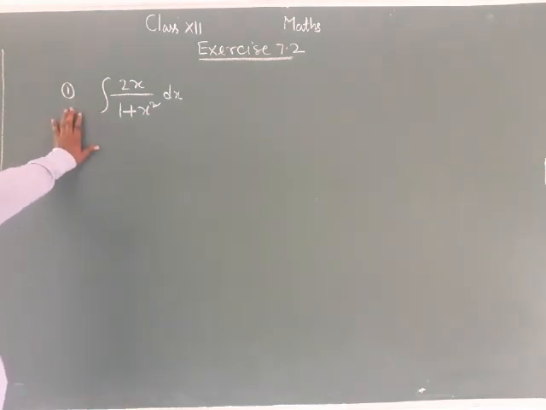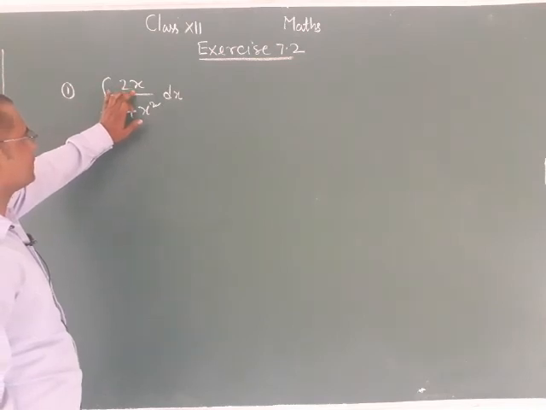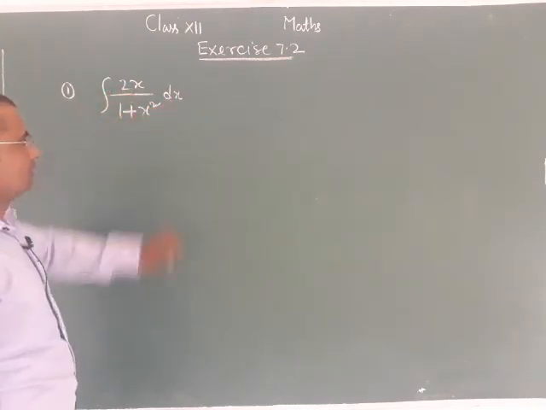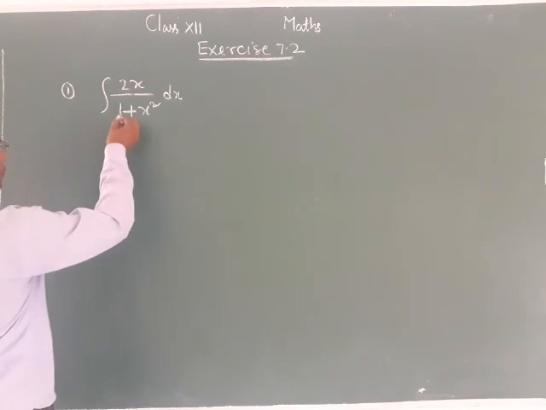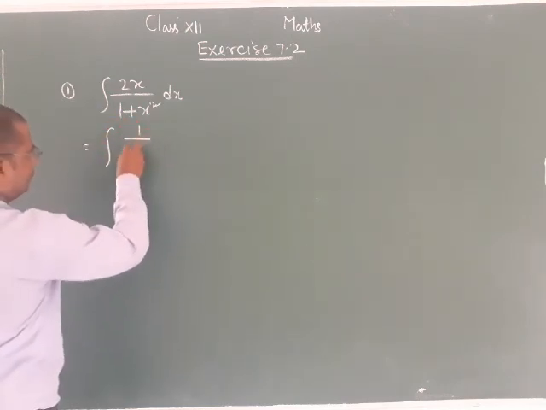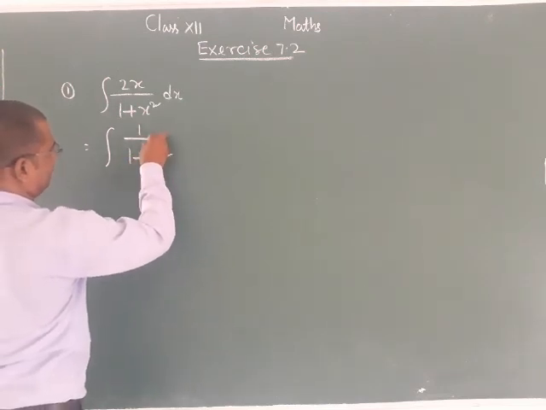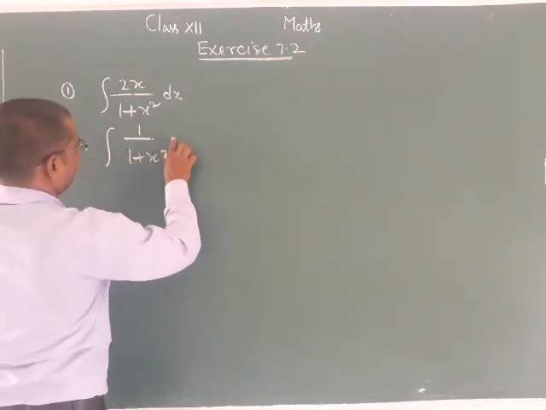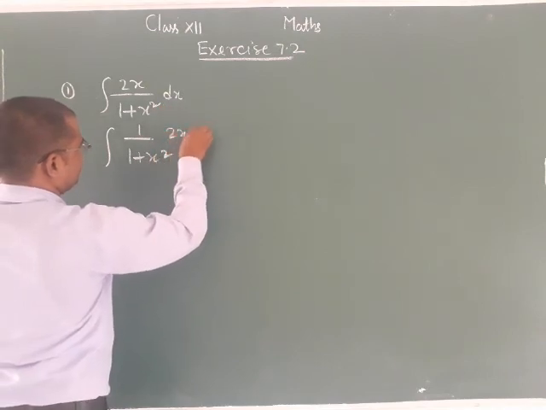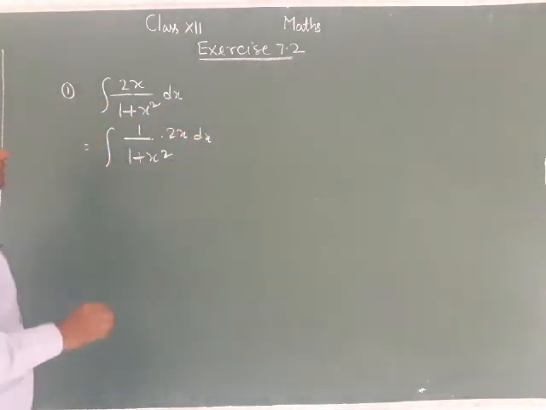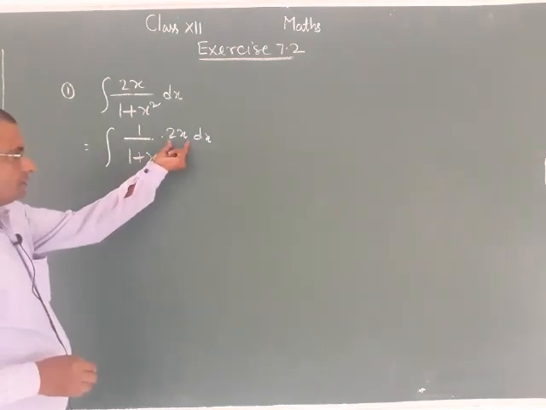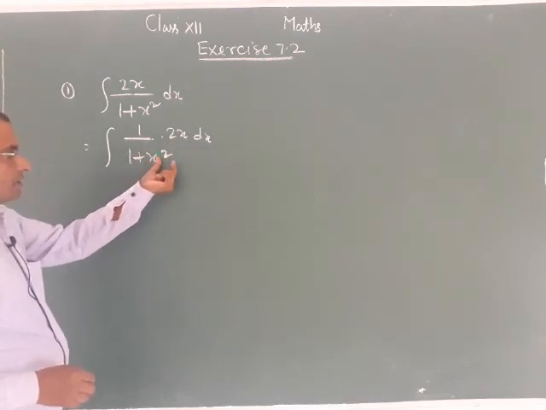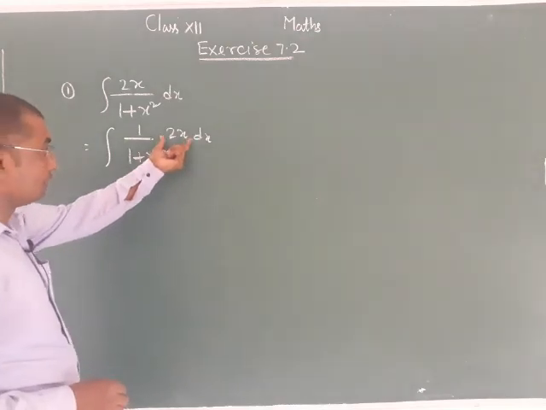Question number 1: integral of 2x upon 1 plus x square dx. Now we can write 1 upon 1 plus x square times 2x dx. This function, 2x, is the derivative of 1 plus x square. So, reducing the form,